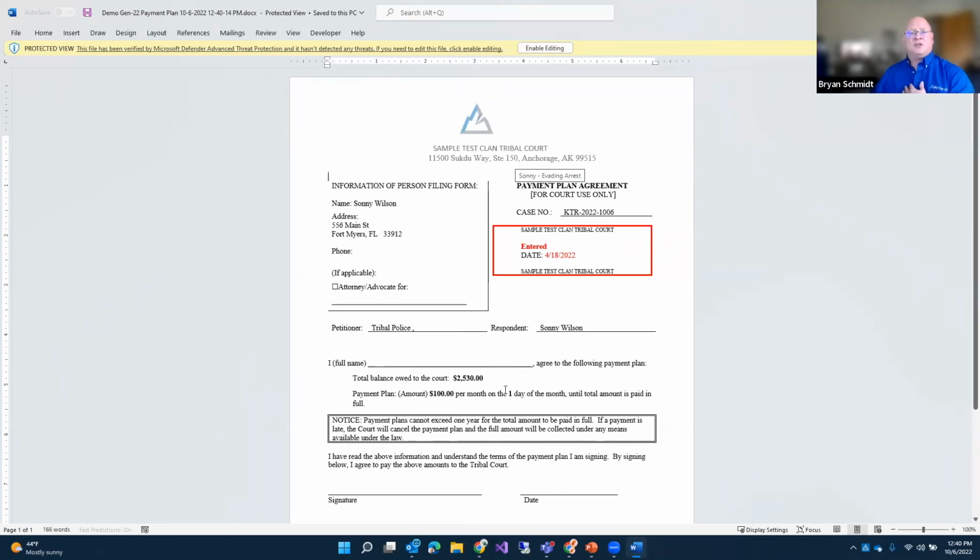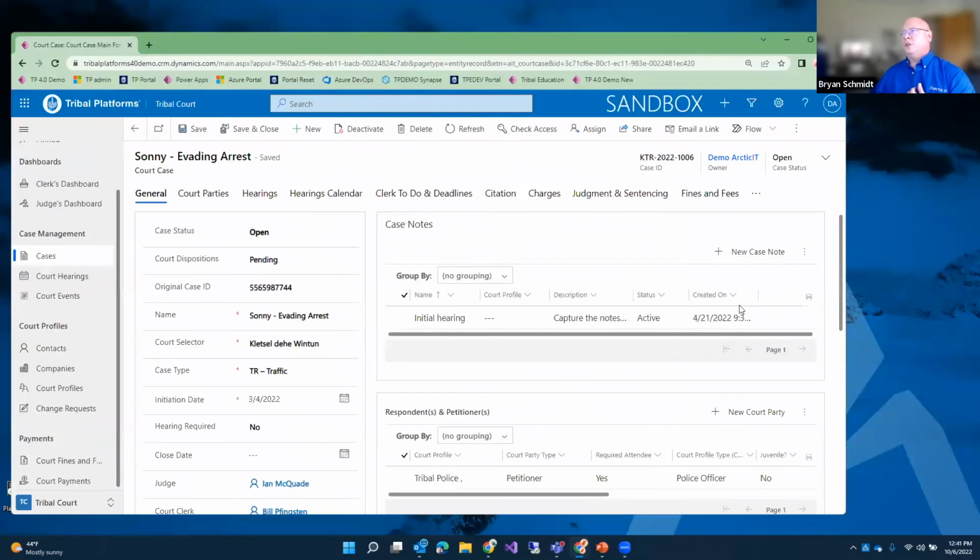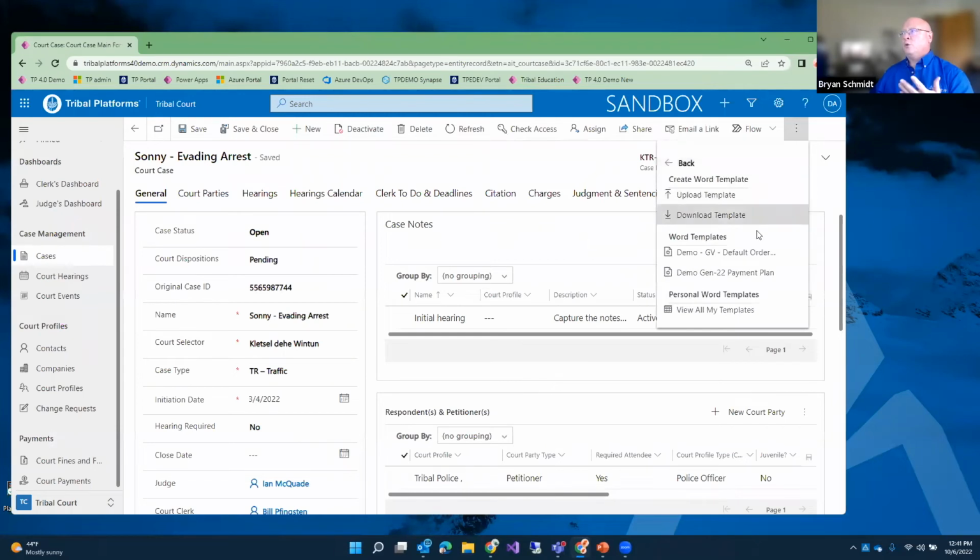And now I can either print it out or edit it. If I need to edit this document, I can actually edit it here and then save it as a PDF and distribute this to the individual. And we understand we typically don't have those Word templates, or you have your own. So that's part of the implementation, is for you to give us those Word documents that you use today, and then we would relate those to the specific case types in the system.